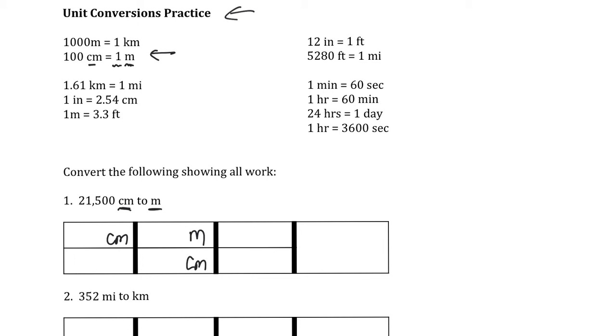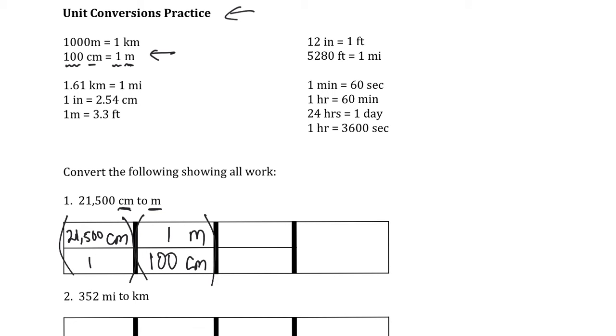And then when I look at that equation, I say, what number is in front of the m? And it's a 1, so I put it in front of the m. And then what number is in front of the cm? And so I put that 100 there, okay? Then we look back at our question, and it's 21,500, and then we just slap a 1 down there just to keep that fractiony. There we go. So now what are these? These are two fractions